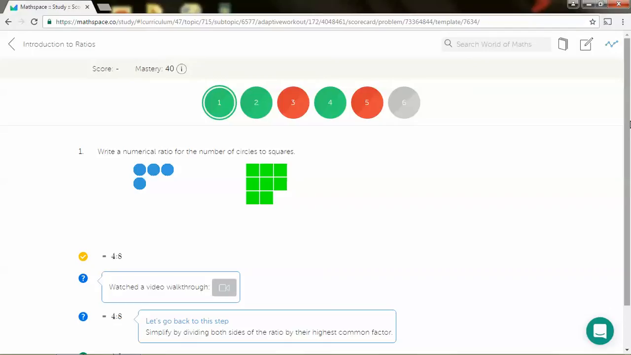So maybe they needed some reminders on what the steps were, or they needed to